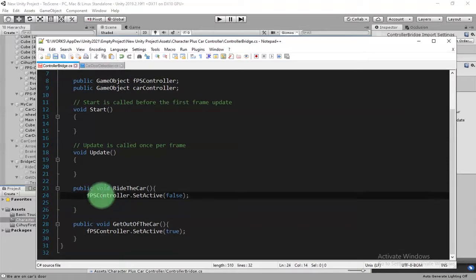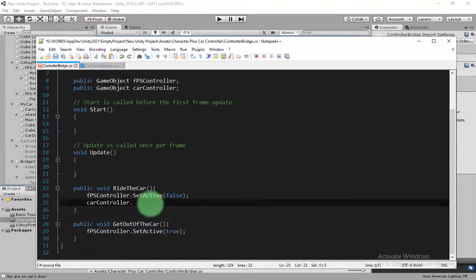When we are deactivating the FPS controller, we should activate the car controller. It is very simple and obvious. Here we do the opposite thing,